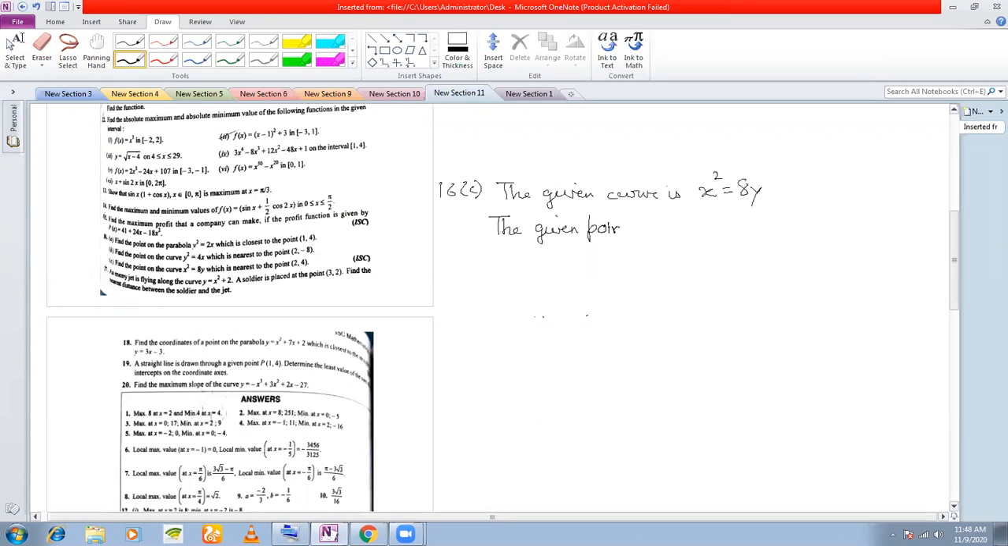The given point is (2, 4). Now suppose (h, k) be the point on the curve x square is equal to 8y, which is nearest to